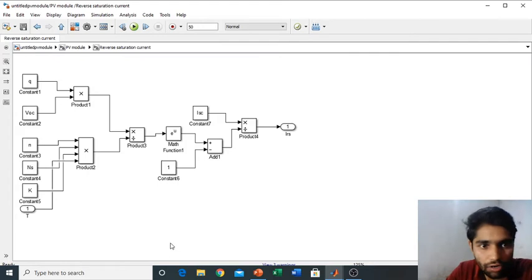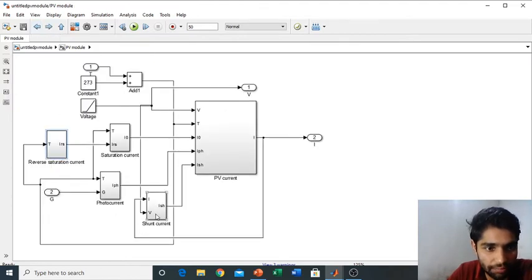I hope this is clearly visible now. You can check the two constants that are multiplied, and again constants that are multiplied and divided, and then it's passing through the math function, and there are the constants. This is simple. You can take a screenshot and make the model using the mathematical blocks. This is the reverse saturation current.